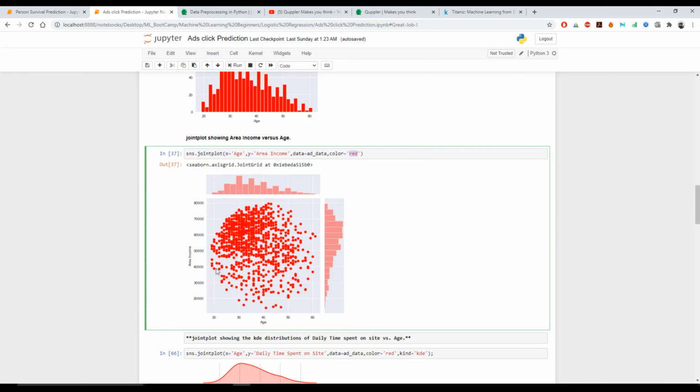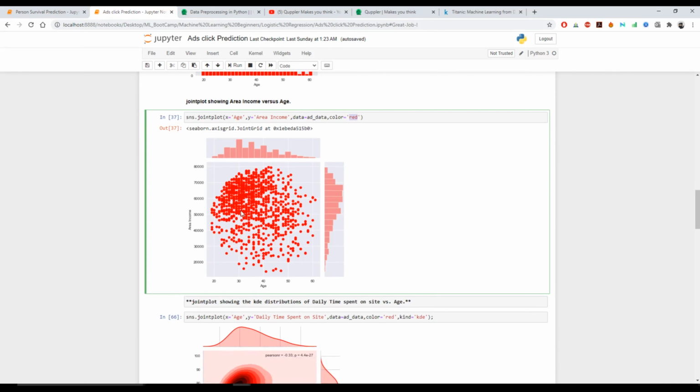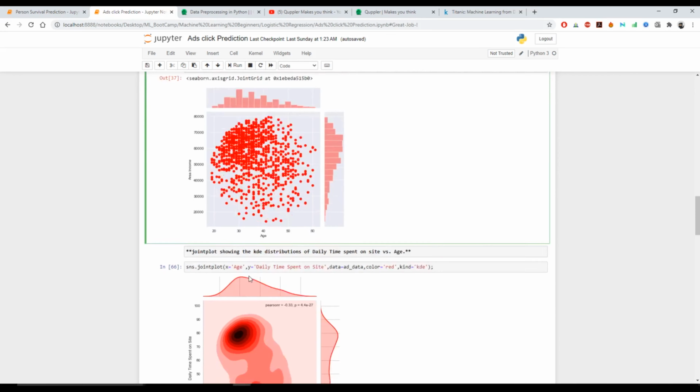This data has been more clustered around this age group. So once we found that area income versus age is relevant, the age group from 25 to 35 or 39 has been quite relevant.